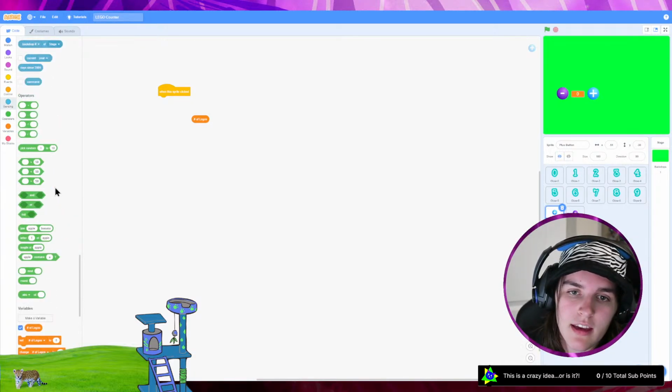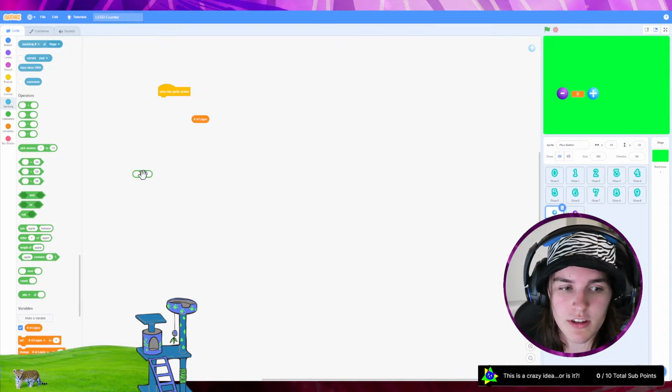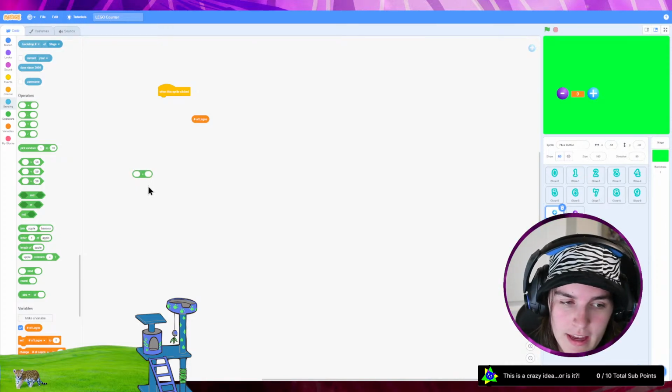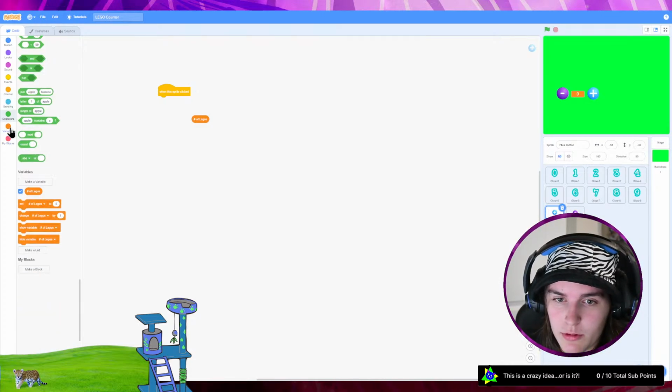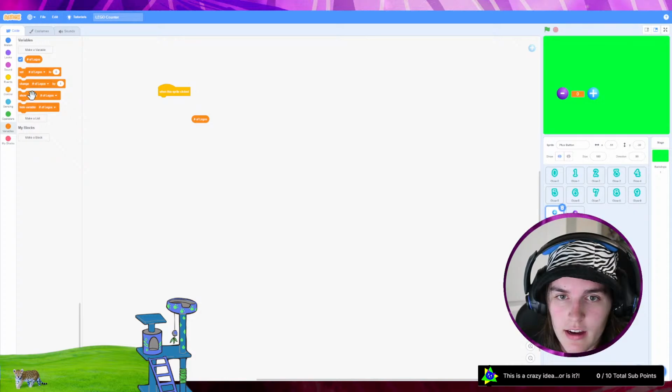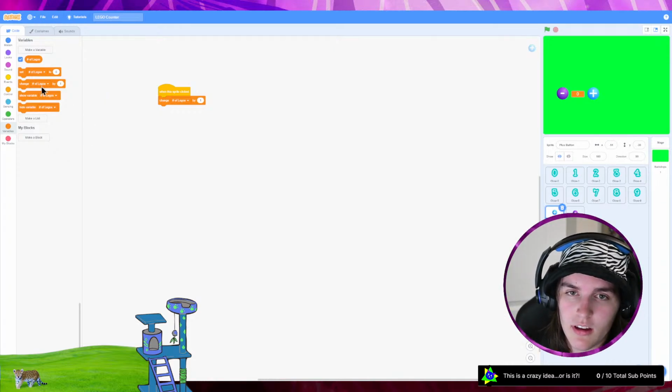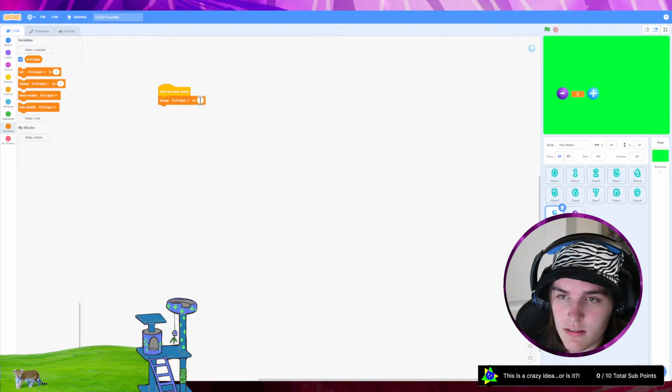At first I was thinking it could be an operator, but these are a lot better for conditionals, like using if blocks, if then else blocks, they're really good. But since I don't have that here yet, we'll see if we get there. Then I'm going to want to go to my variables area and change it by 1. I don't really need operators because they're not really necessary for this use case. All right, so when the sprite is clicked, change number of Legos by 1.